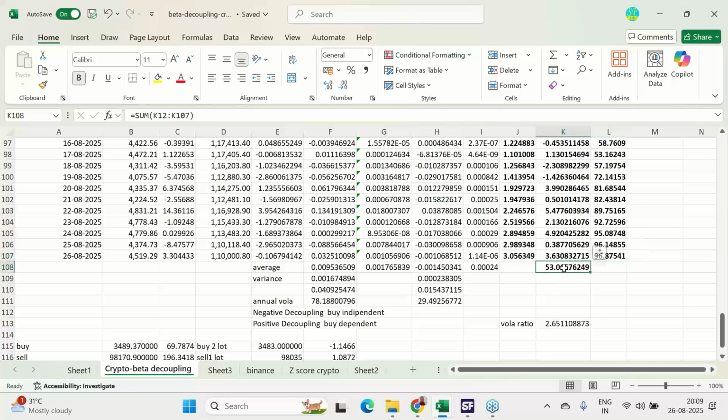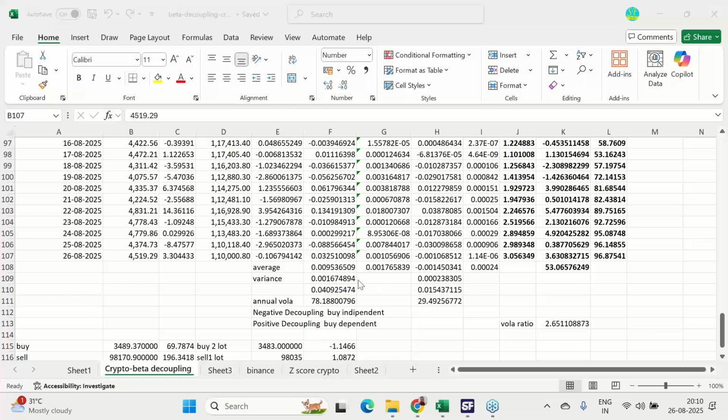So beta decoupling has 53, and in the last 5 to 3 6 7 days it has added 21. Positive decoupling means positive, and in volatility terms, this is 29, this is 78. Ethereum is 78, Bitcoin is 29. So based on this, Bitcoin should be bought, Ethereum should be sold. Based on this principle, currently it says Bitcoin must be bought and Ethereum should be sold in equal value